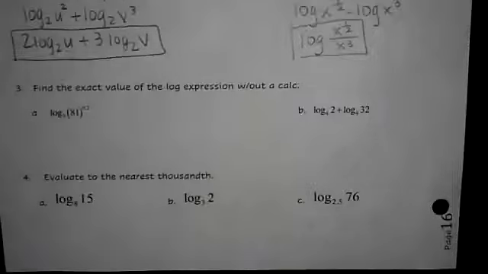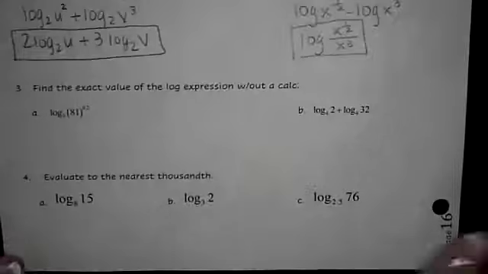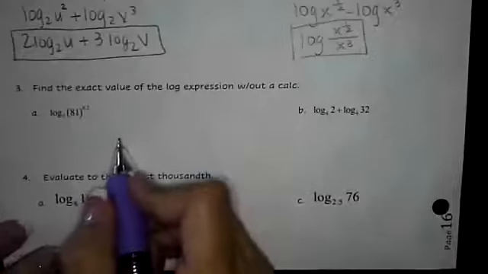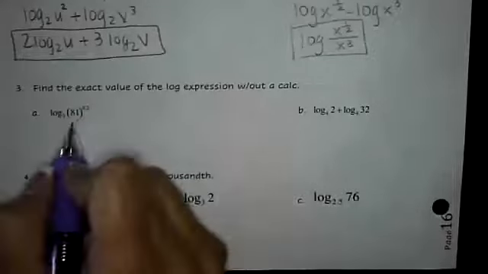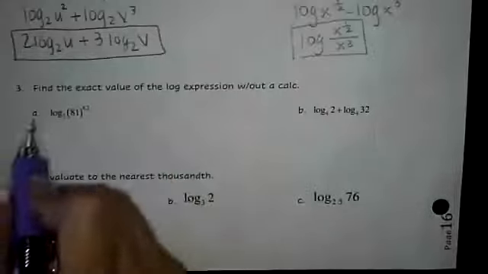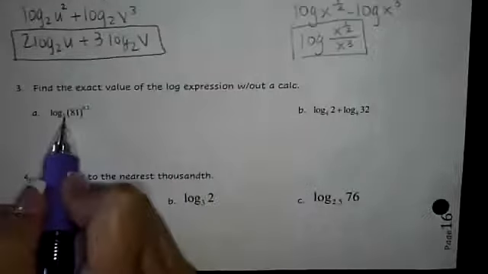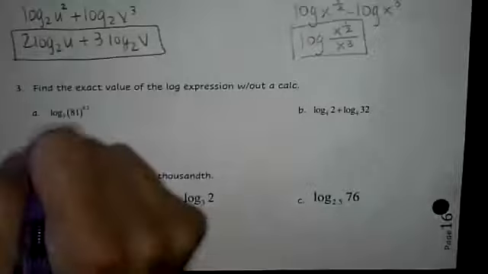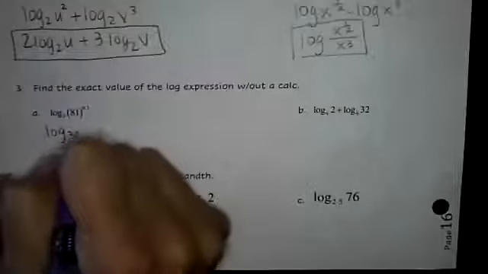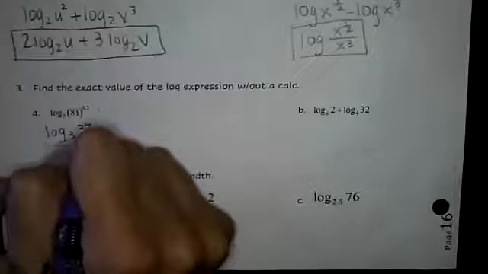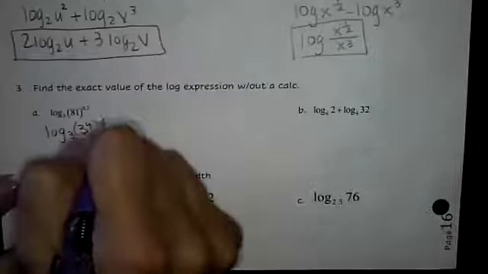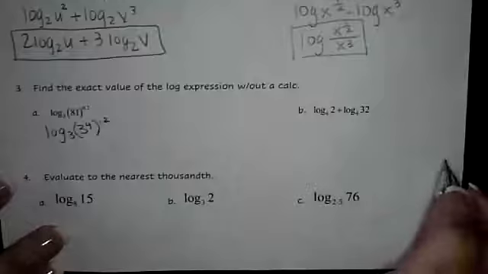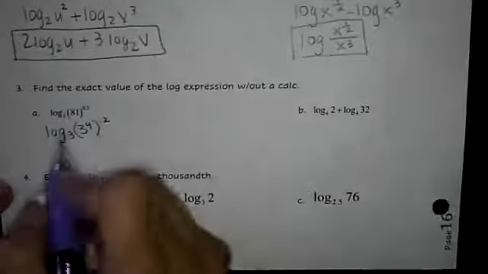So we're going to go ahead and start doing some of the basic evaluation, just as a reminder from last time of some of the properties to make sure that you know them. I can go ahead and change this 81 to have the same base. And remember we said if we had the same base here, they cancel each other out. So if I rewrite this as 3 to the 4th power raised to the 0.2 power, then we can go ahead and cancel out these